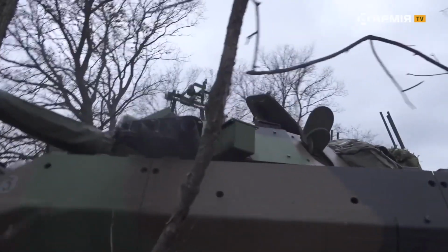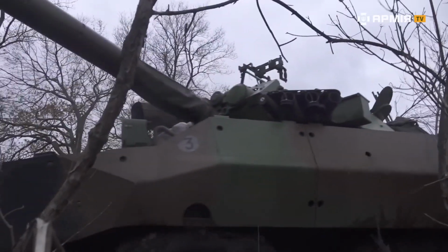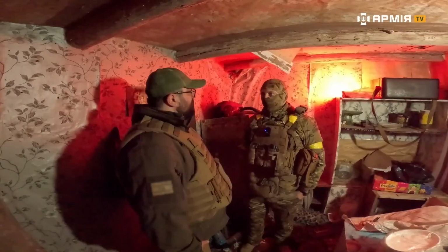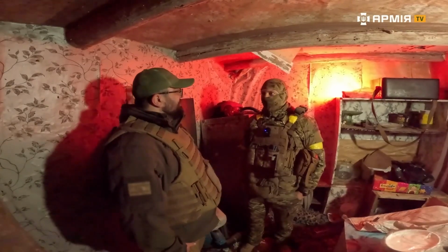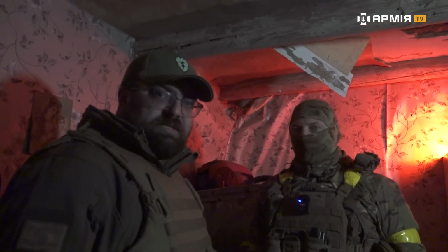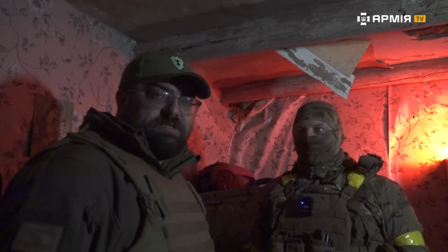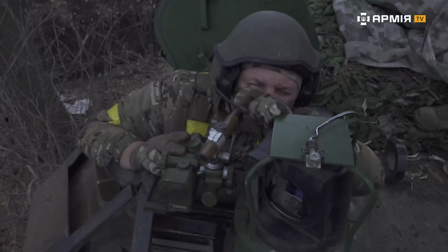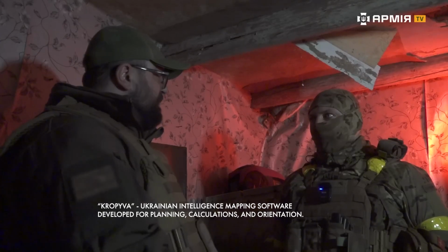So that part is entirely up to you guys? Yes. When we asked the French about indirect fire, they told us they don't use it that way, because they have Caesar howitzers for that. But unfortunately, we don't have enough Caesars, so we adapted and made it work. Send us more Caesars or AMX-10s. Did you set up a makeshift aiming system here in Ukraine? Yes, exactly. Using Kropiva? Yes,